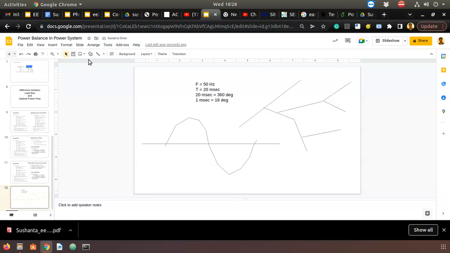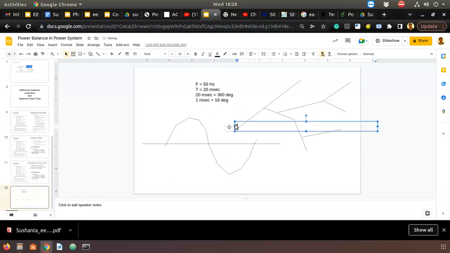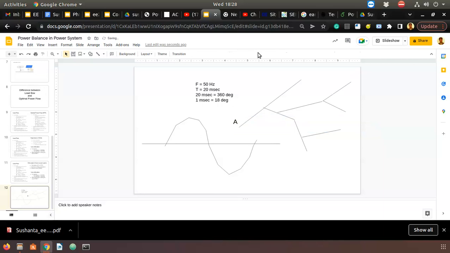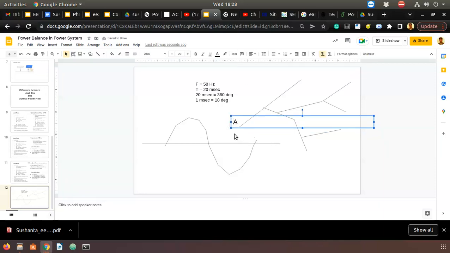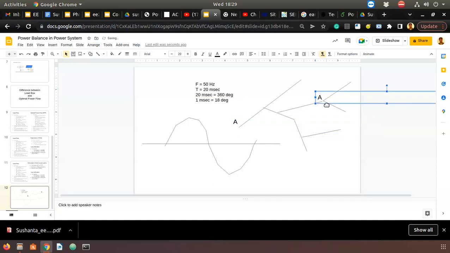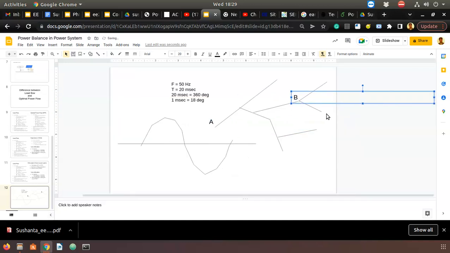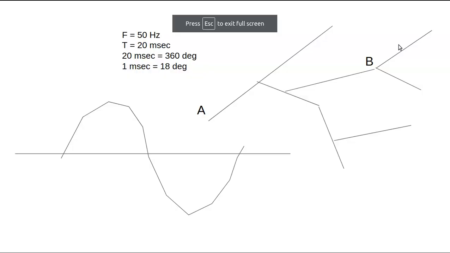Now at this location, let's say location A, and now location A to location B, let's say the distance is 500 kilometers. It is possible, right? We can have a long distance. Now, if your accuracy of timing is 1 millisecond,